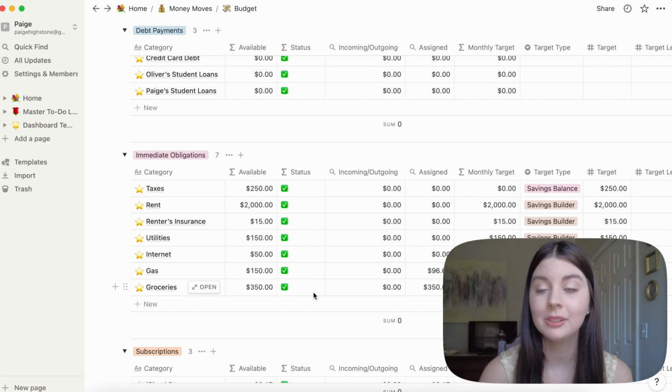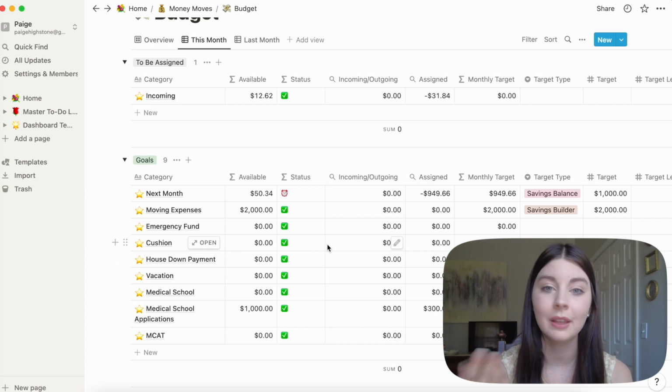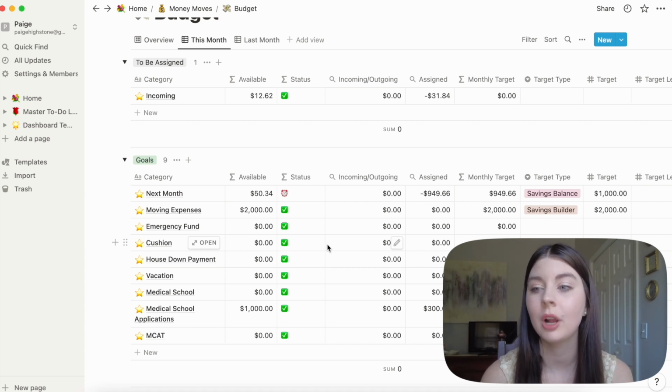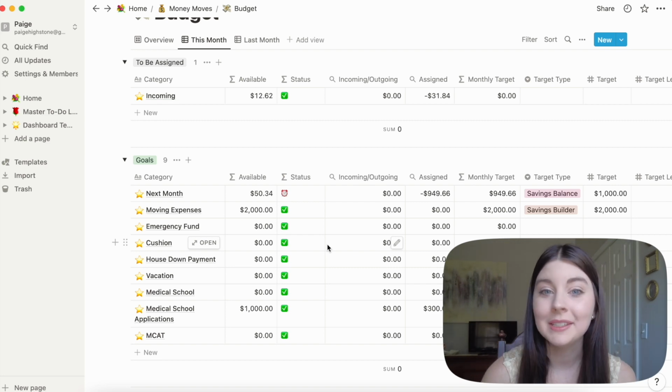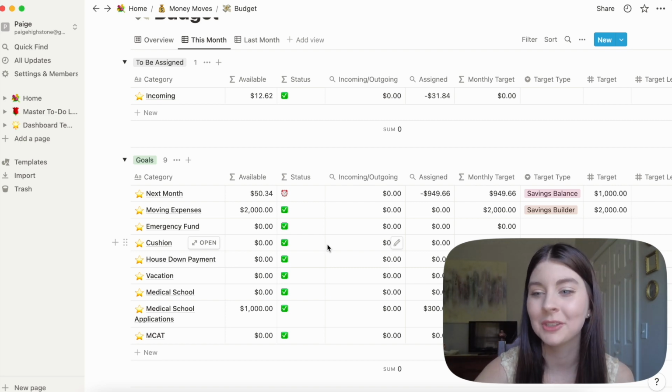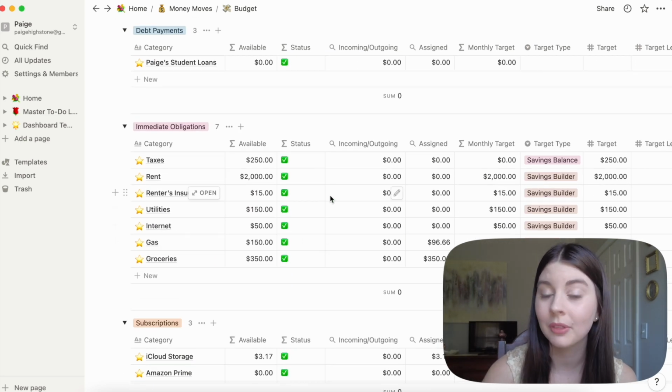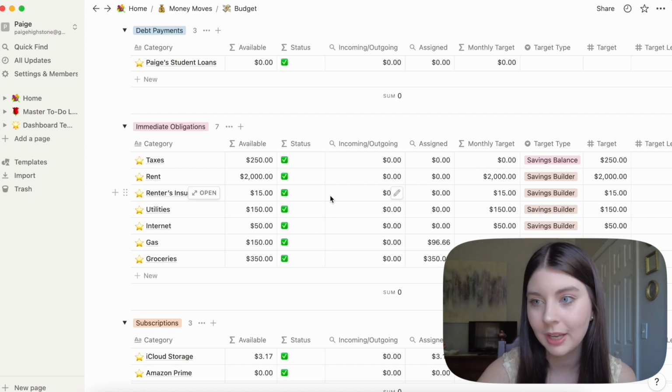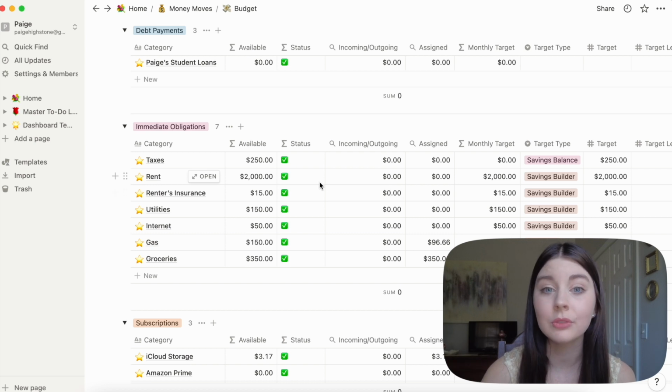So all of that will be set and covered when we move in, and that $2,000 should cover anything like a down payment as well as a moving truck or anything we have to pay for to actually move up to our apartment. Now, ideally, our rent is actually not $2,000, and we're trying to get it lower than that, but the housing market is ridiculous right now, as well as the rental market, so it's been hard finding an apartment at the right price for us. But ideally, we're going to have a little bit of this left over,